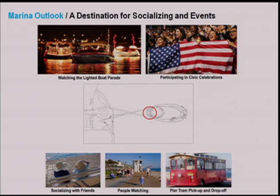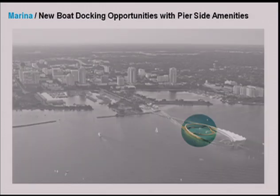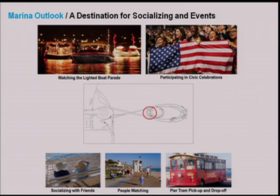have started to amplify one of the areas that we call the Marina outlook, which is also in many ways like a new porch at this point. One of the comments that we have gotten is again that having to go all the way out to the end of the pier before there is a place to sit and watch the activity, for instance, within the marina, is too far. So by starting to create a place that has both shade, seating areas, but not just individual seating areas, but more group couches, outdoor couches, as a place for groups to sit and